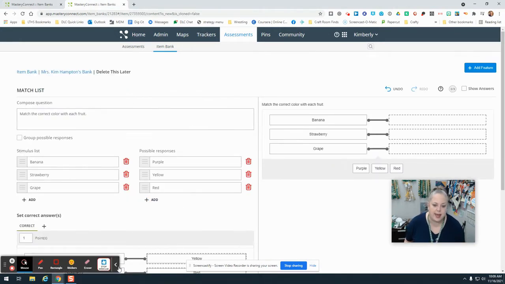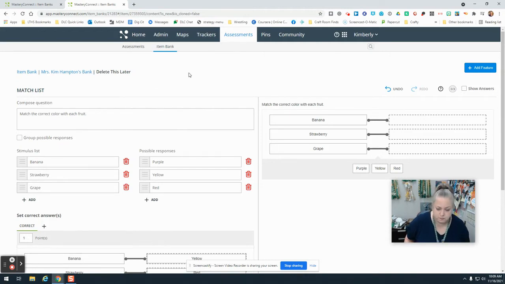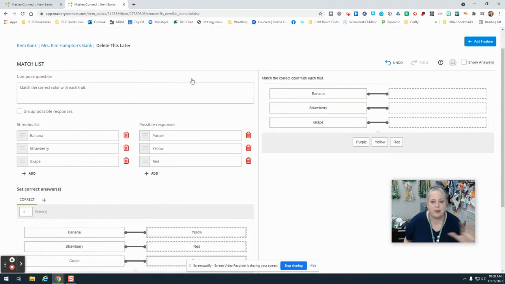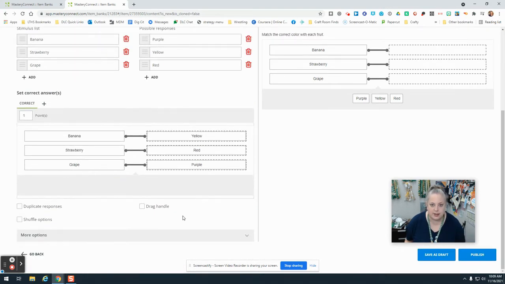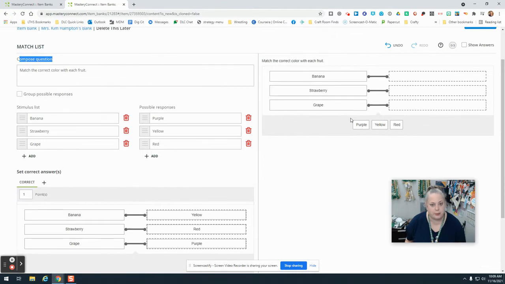Now, I'm setting up a match list question because it's sufficiently difficult. But every question kind of follows the same format in this editor. So you've got three main sections. You've got the top left, which is your compose question section. You'll see it says compose question right here. All right, this is where you compose it. Then down here is where you set the correct answer. And then up here is where you preview. Now, all of this is important